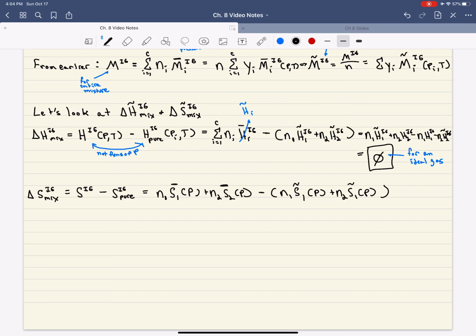Okay. From Gibbs' theorem, we could write that these are equal to the pure components, but at their original partial pressure. So if we rearrange delta S mix, what we get is that N1 times S1 P1 minus S1 P,